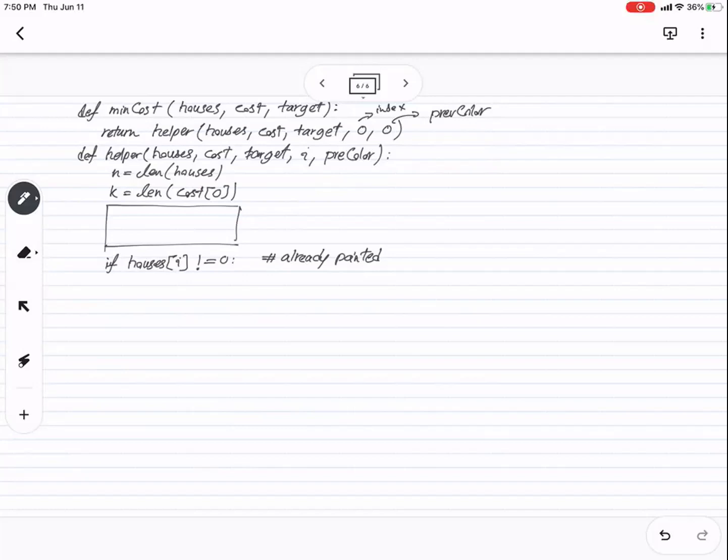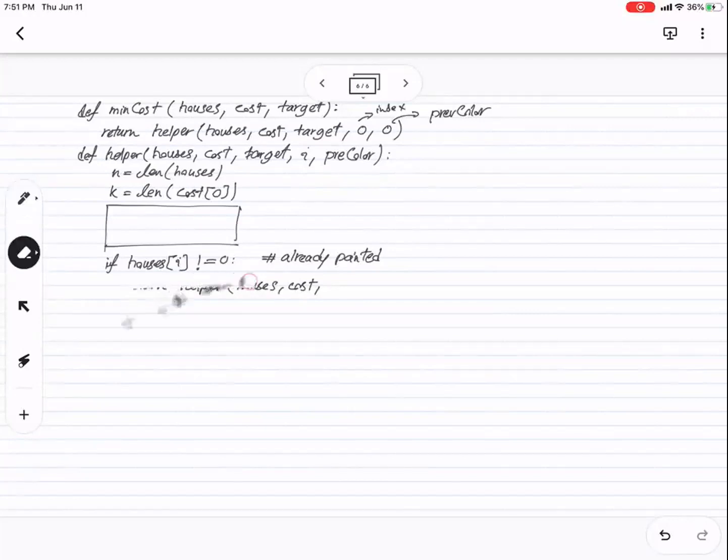I have to increase I, and I have to update previous color and the targets, right? So let me write here, return helper, houses, costs, and the targets will be